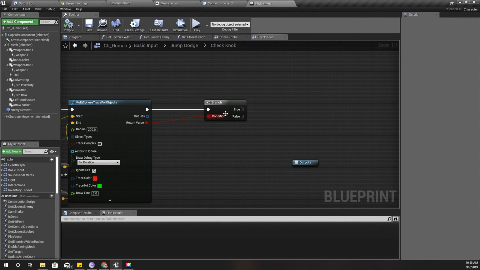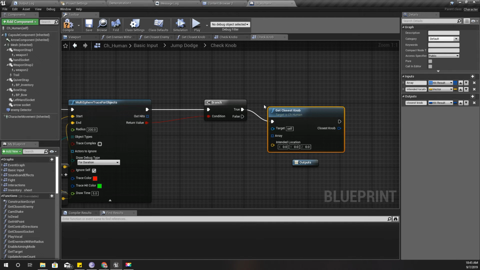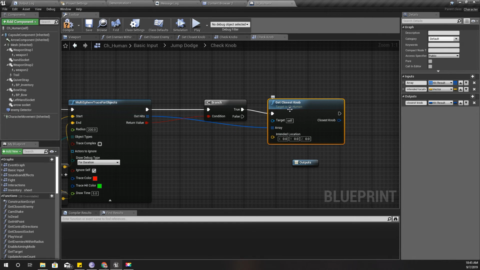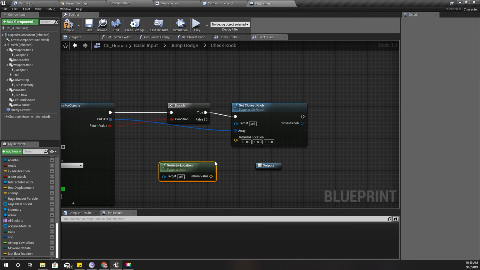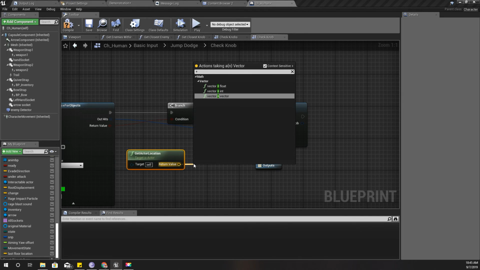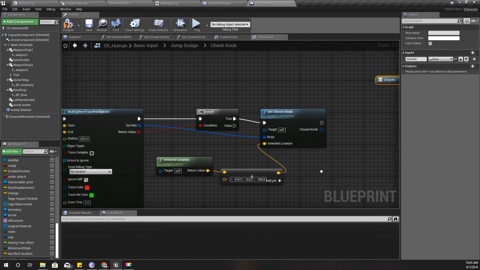Right, now get closest knob, and the array is this, and intended location should be, for now, get actor location and add something along the same direction. That means something above the current level, let's say 100, and use it like this. Right,